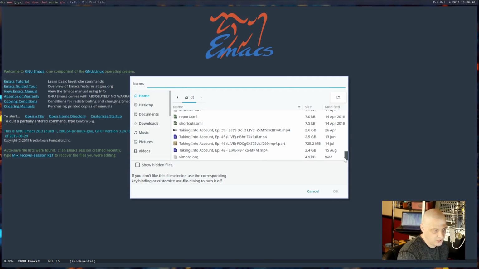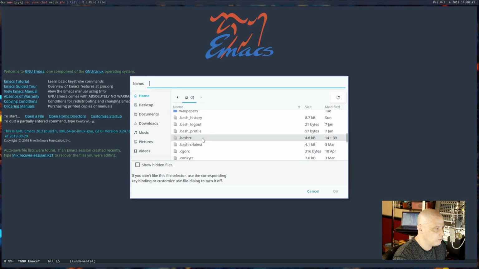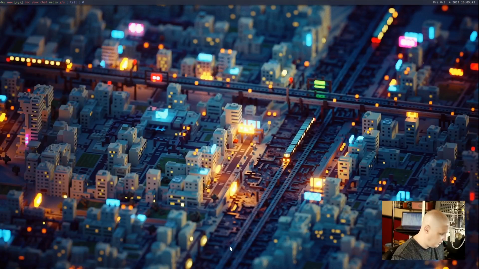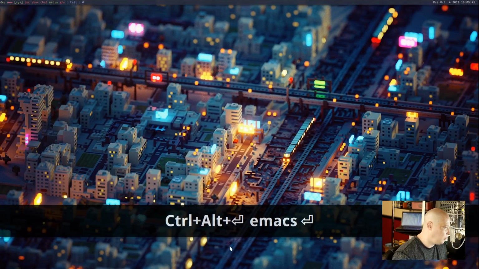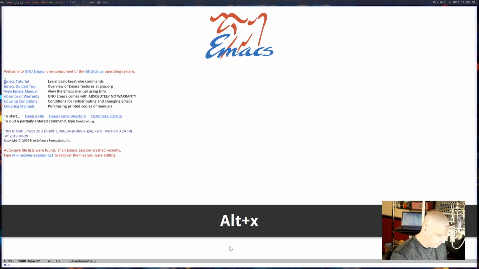So if I reopen that bashrc file, let's see if it changed. Where is that bashrc file? There it is. That's not the proper color scheme. All right, I think I figured out what the problem was. Let me relaunch Emacs. And to solve this problem, I think I need to do Meta X,